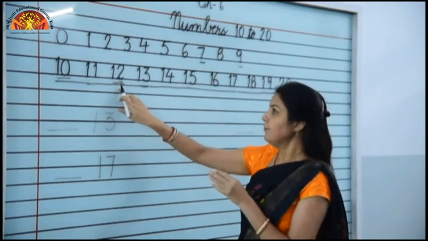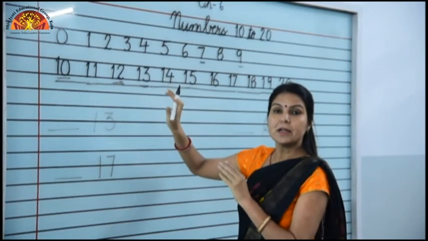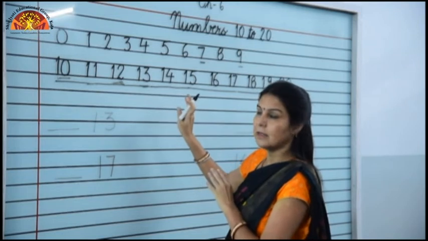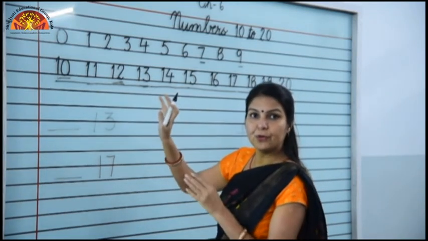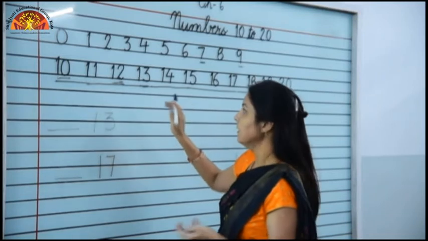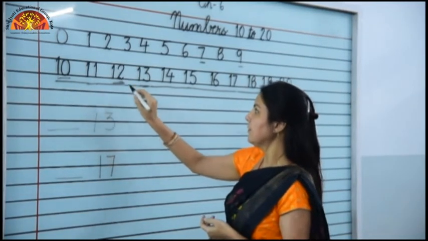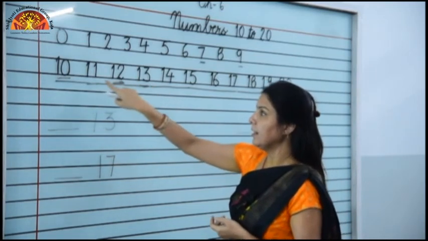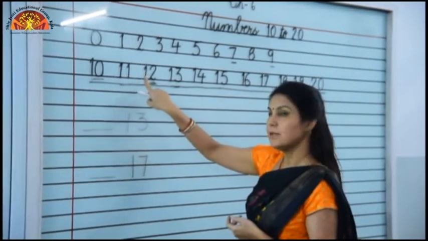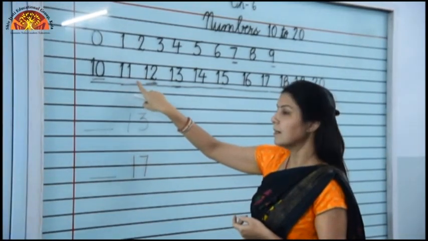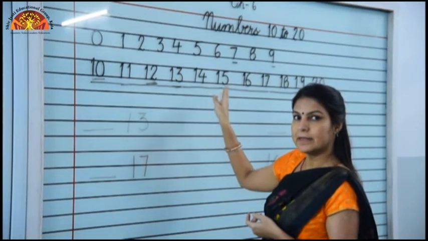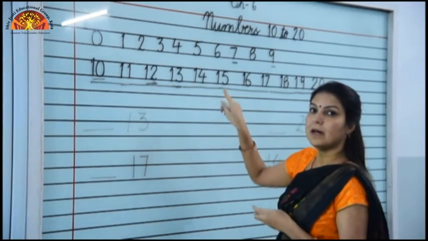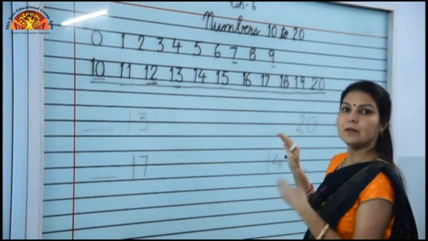So what we will say? We will say the number which comes after that will be at the right hand side. The number which is before that will be in the left hand side. देखिए here, look here everyone, 12 is before 13 and 11 is also before 12. So it is written at the right hand side. ये right hand side पे लिखे हुए हैं. So these are after numbers, and the number which are at the left hand side, these are before number.